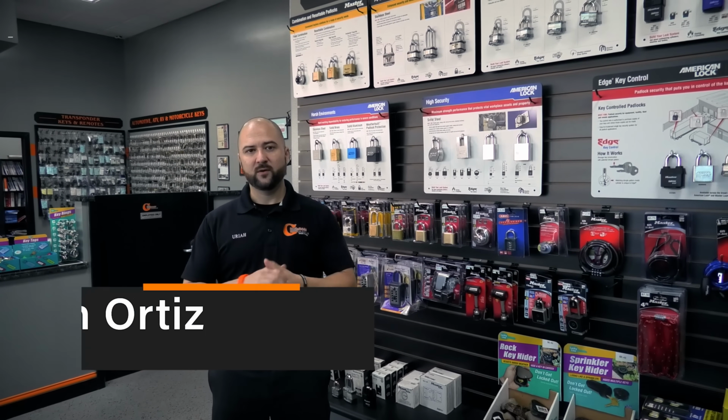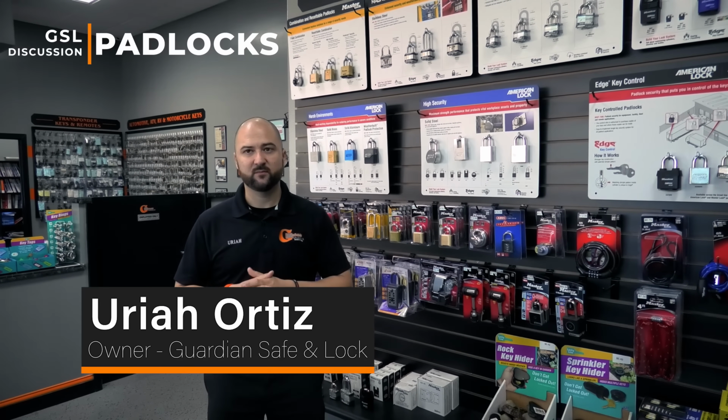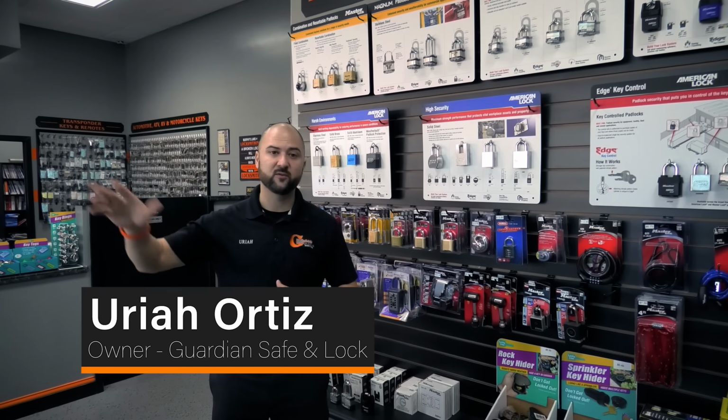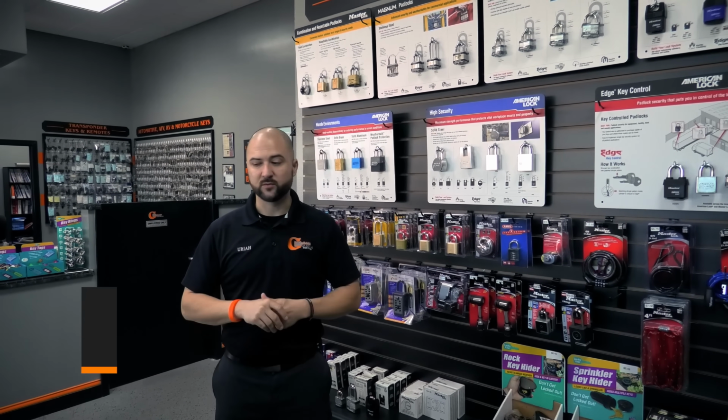Okay, so today we are going to discuss padlocks. Padlocks have been around for a long time. We sell a lot of padlocks in our shop, and we sell a lot of them out in the field with our technicians when they're doing jobs. Padlocks started way back in ancient Egypt and Babylon, thousands of years ago, and in the 1920s, Master Lock